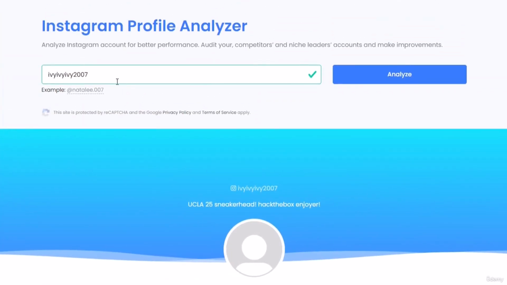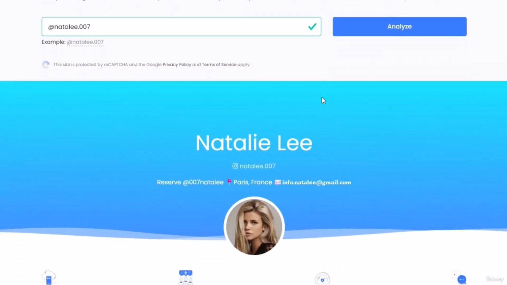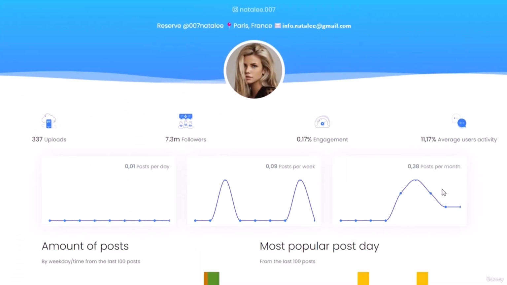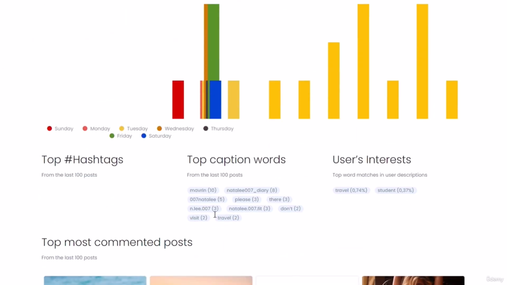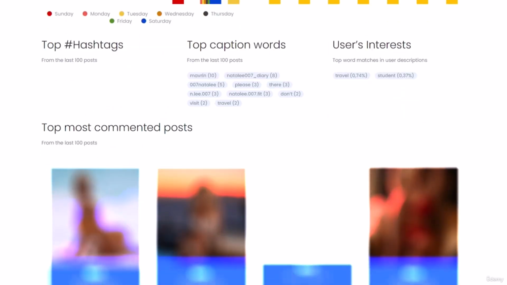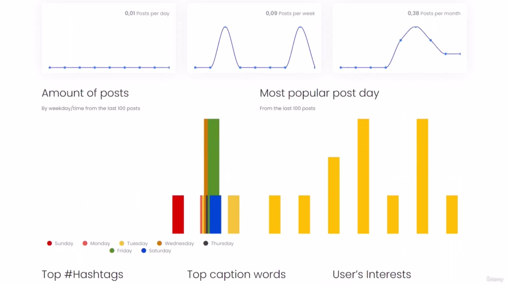However, if we just, for example, do their example and we let it analyze, you can see how many posts a month they post, per week, per day, on what day they usually post, their top caption words, their user interests, which is another useful thing because, for example, if we need to find what the user is interested in to see in what communities they might belong to, this is one of few ways to go. Top caption words, pretty much the words they use the most in descriptions of their posts. Now if you scroll down, then you can see the most commented posts and so on, but it will need to be blurred because it is not safe for work, I guess.